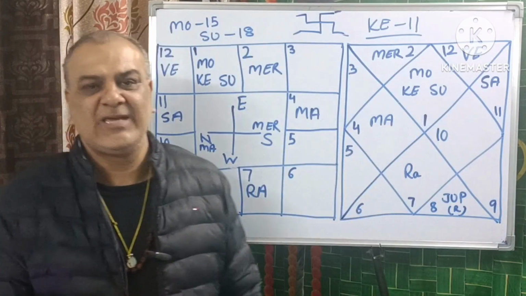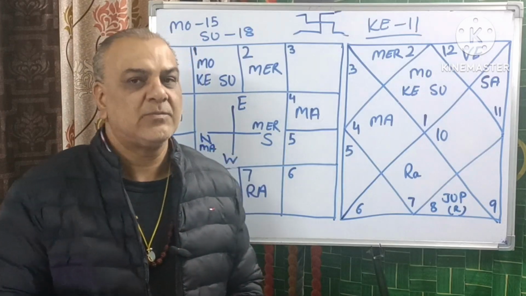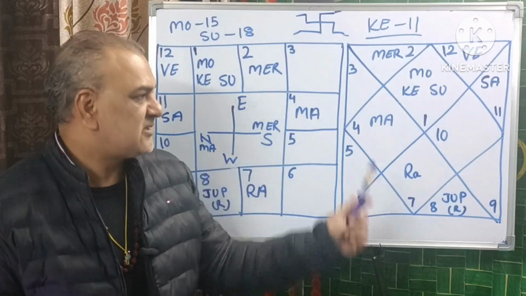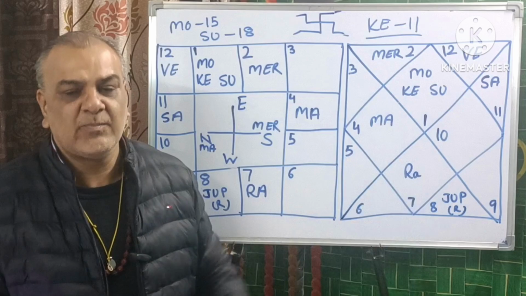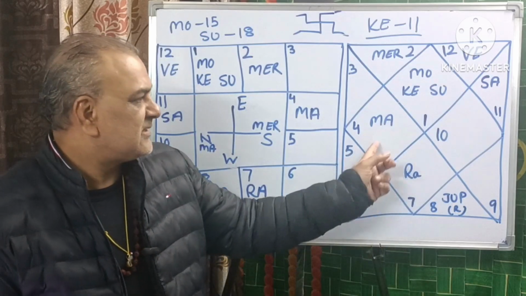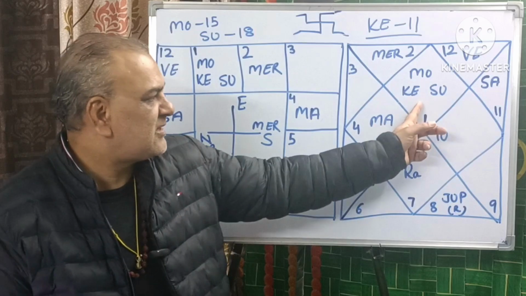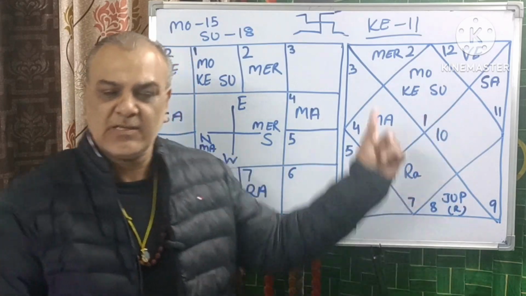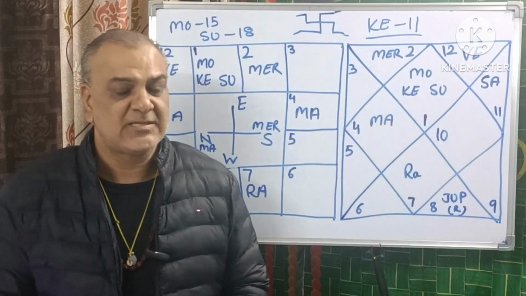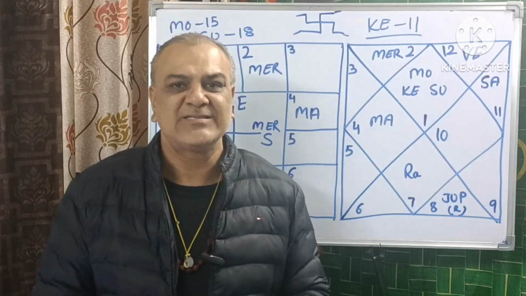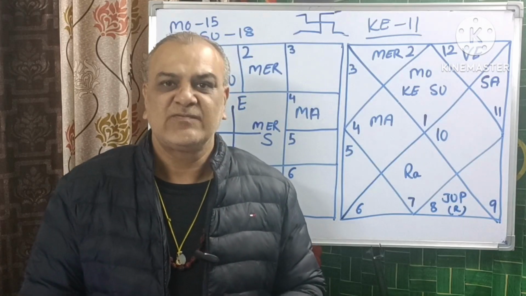or Rashi exchange between Moon and Mars. This also plays a very important role because when Rashi Parivartana takes place, we assume that Mars is placed in Aries, Moon is placed in Cancer. So due to Mars effect, this gives ego.